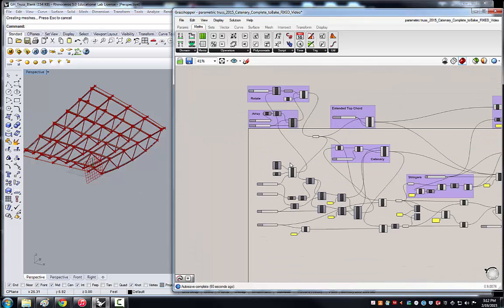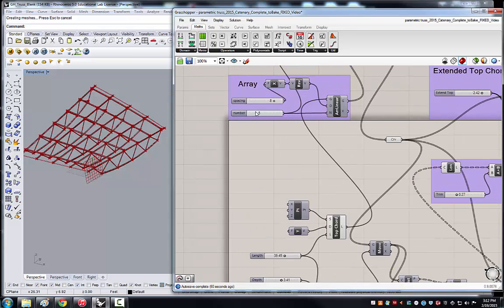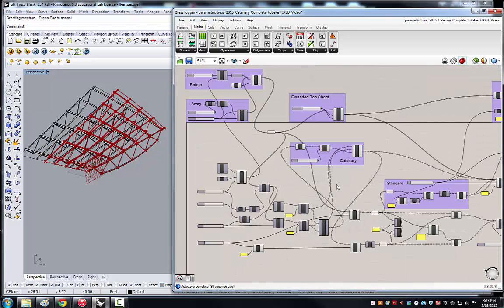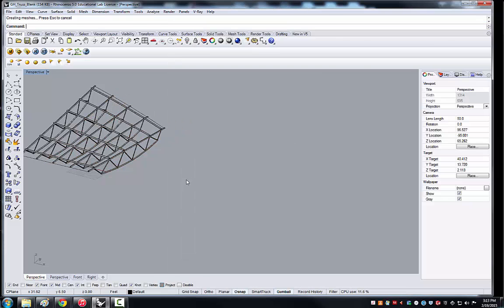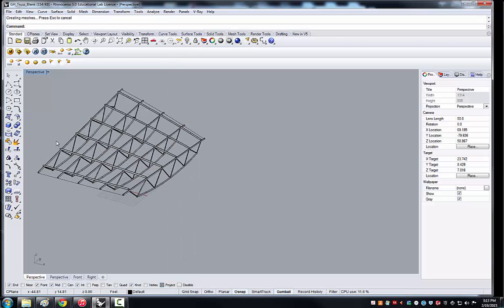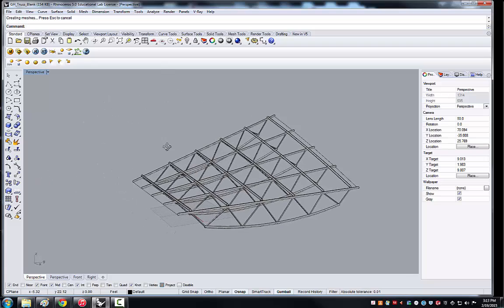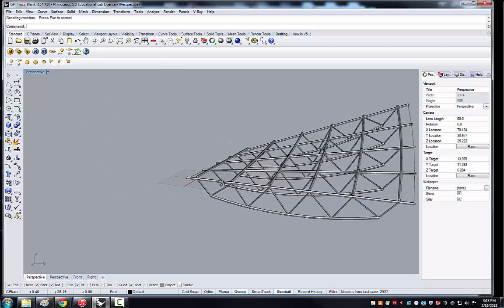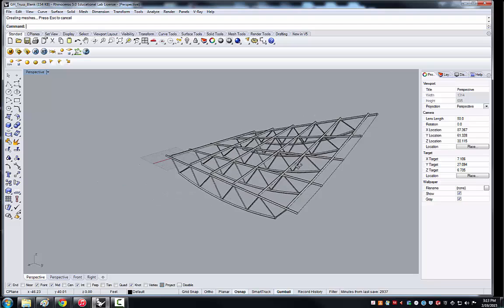If I move my array a little bit and start to move that, you'll see the flexible geometry of Grasshopper continuing to be flexible, but now we have durable geometry over here, so that if I close Grasshopper and come here to Rhino, I now have the kind of trusses that I wanted to have,